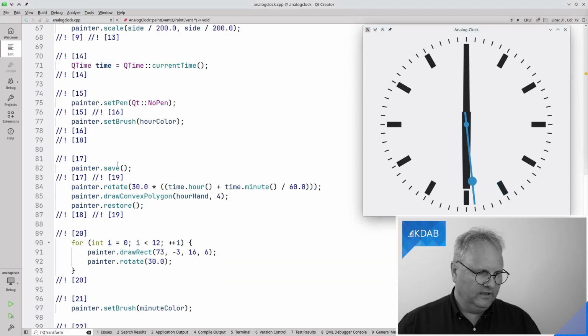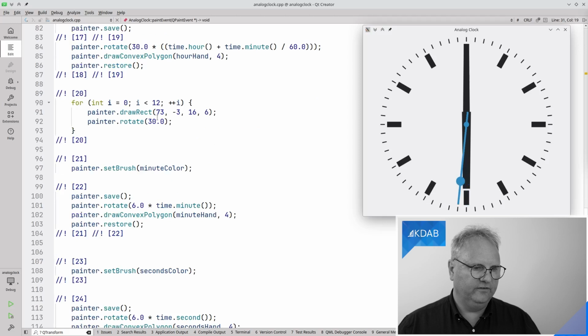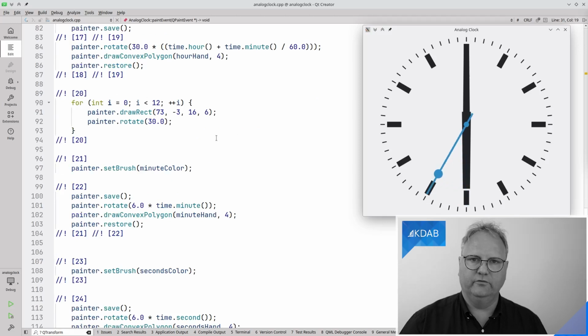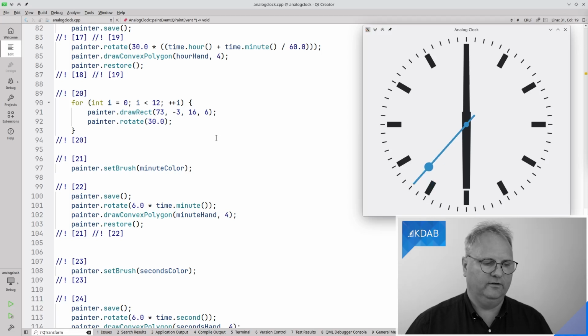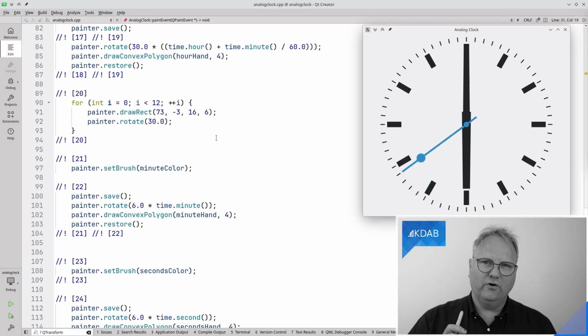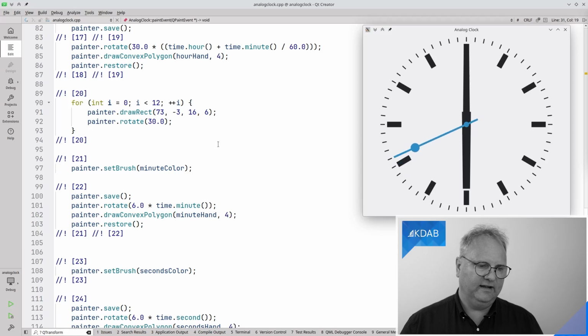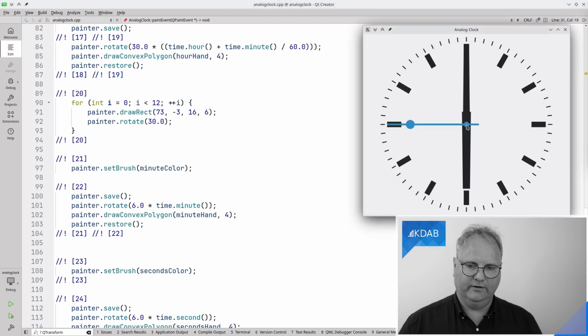You can see they are done in this for loop that we have here. So I'm running through 12 hours in a day, and I'm drawing a rectangle. You can see the rectangle is 73 at x 73. So we have 0 here. I'll bet you that this edge here is 73, and 0 goes through this one here.